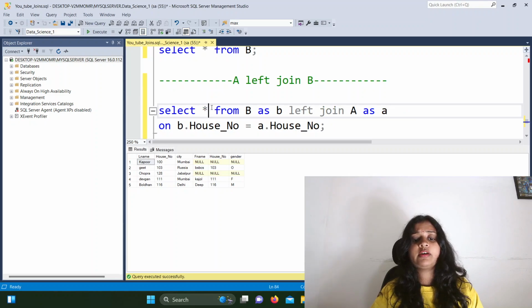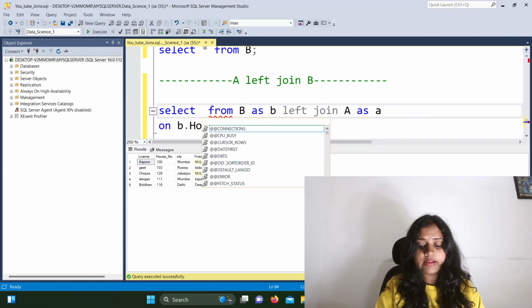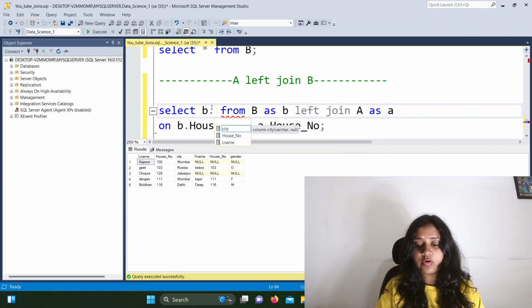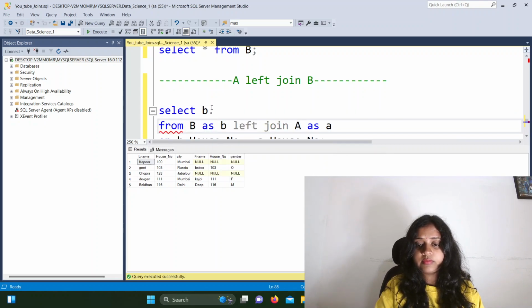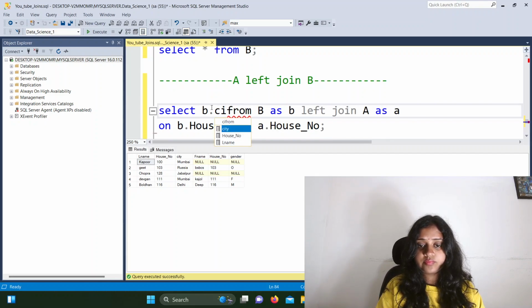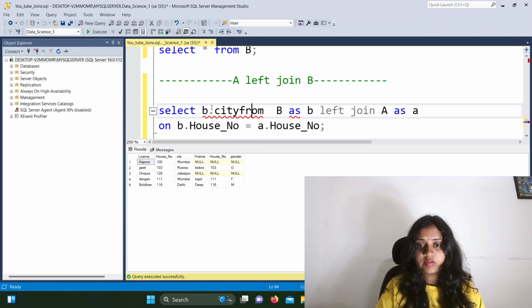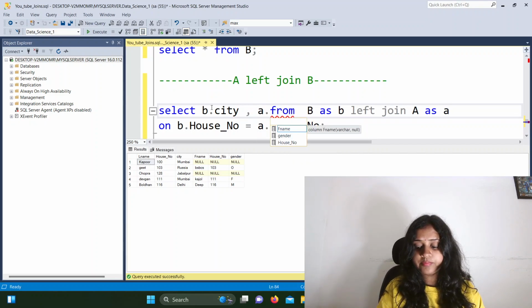Now from here, if I want only a few columns, like from table B, I want only B dot city. Okay, then from table A, A dot F name.